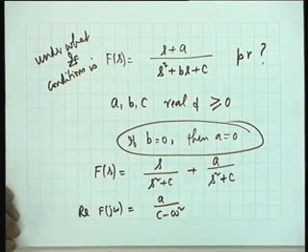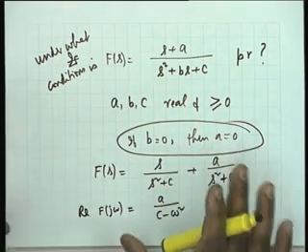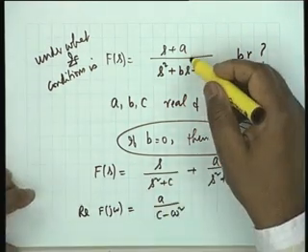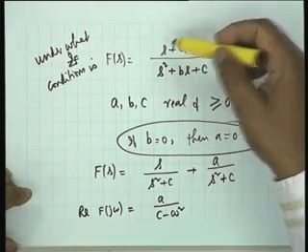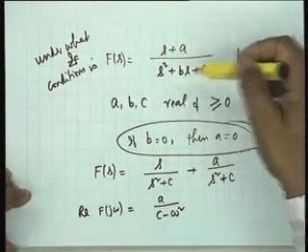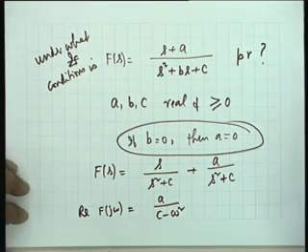Suppose b is not 0. Is this point clear? If b is 0, then a must be equal to 0. That is, the function would be of the form s by s squared plus c. Yes, that is positive real. Okay. Now let us see in general. If b is not equal to 0,